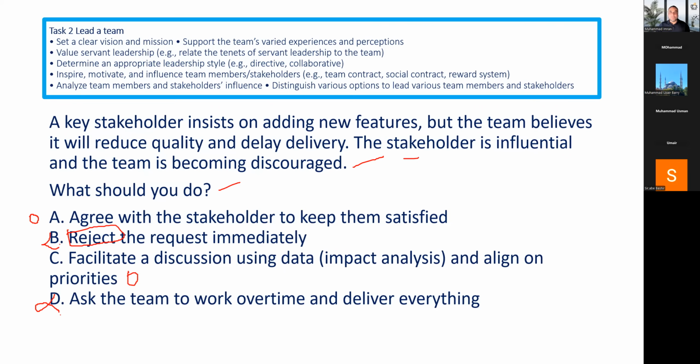If you look at the question, the stakeholder is influential because we need to keep stakeholders satisfied. But satisfied does not mean you will skip the guidelines. So we do not accept anything, right? What I told you: accept, reject, ignore, divert will never be the correct answer. So the only answer left is to work with data. Speak with proof, not verbally. Verbal things are good, but you need to show them what they are expecting. So yes, C is the correct answer in this situation.